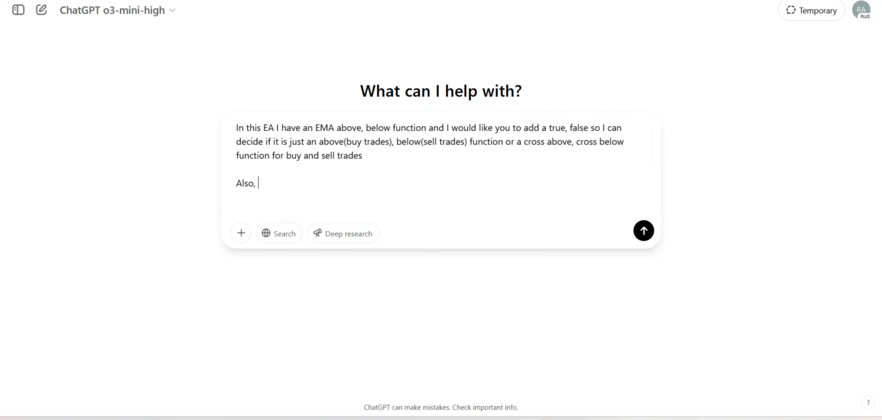Also, I want to add a CCI condition as well. Also add a CCI based condition for the entry strategy, where the default is when the CCI is below,